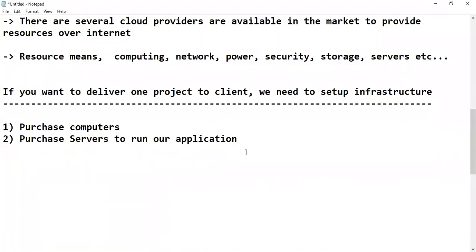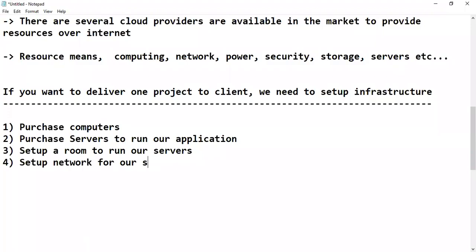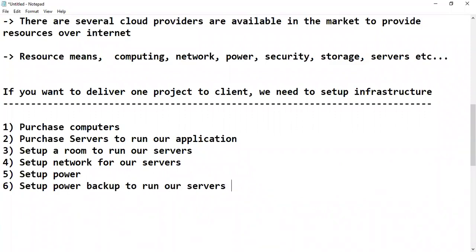Purchase computers, purchase servers to run our application, set up a room to run our servers, set up network for our servers, set up power backup to run our servers 24/7. The next one, set up AC for the server room,